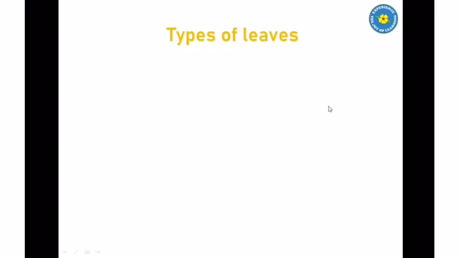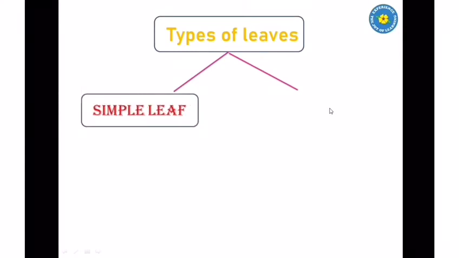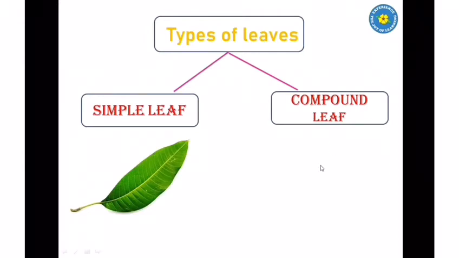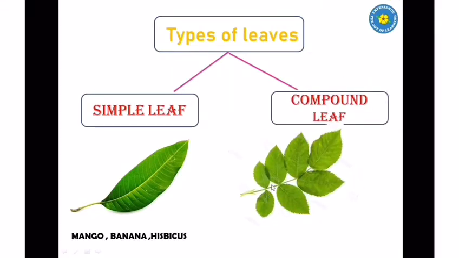On the basis of the leaf, there are two types. One is called a simple leaf, another is the compound leaf. A very good example of a simple leaf is an individual leaf. So what is a simple leaf? That is one complete lamina or leaf blade which is not divided into small parts. You call that a simple leaf. Whereas the compound leaf is where the lamina gets divided into small parts and you call them leaflets. Examples: curry leaf, rose, tamarind, and many more.